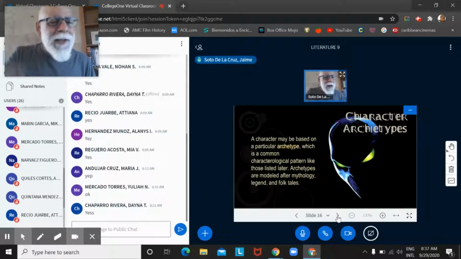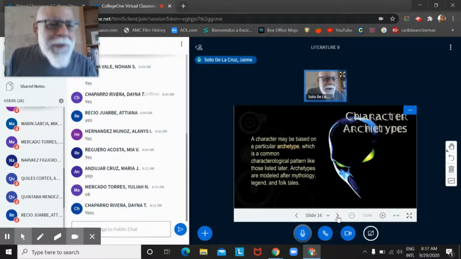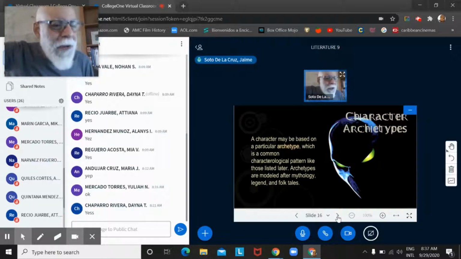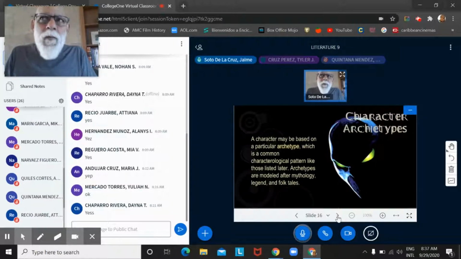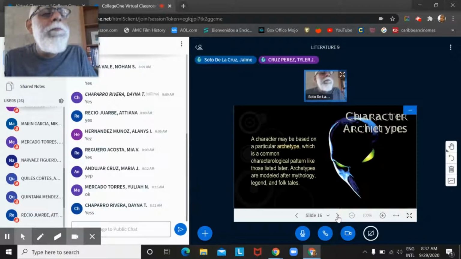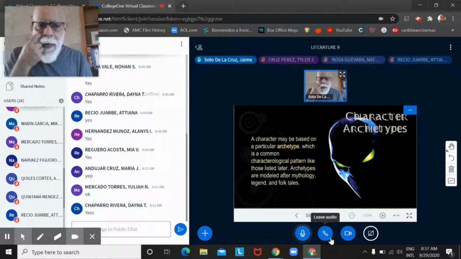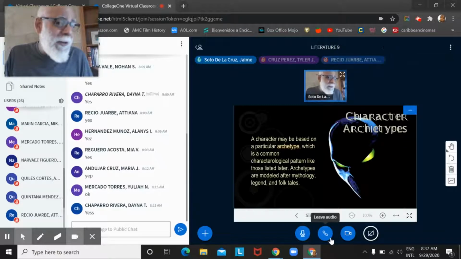Look at an archetype that way. It's like a cookie cutter for characters. All characters are based on an archetype, the same way that all cars that you see out there on the road are based on a prototype. Another example I could use is, how many of you have ever played with Play-Doh? You know, Play-Doh, clay. My children, and I used to play with Play-Doh too when I was a kid, because Play-Doh has been around for a while.